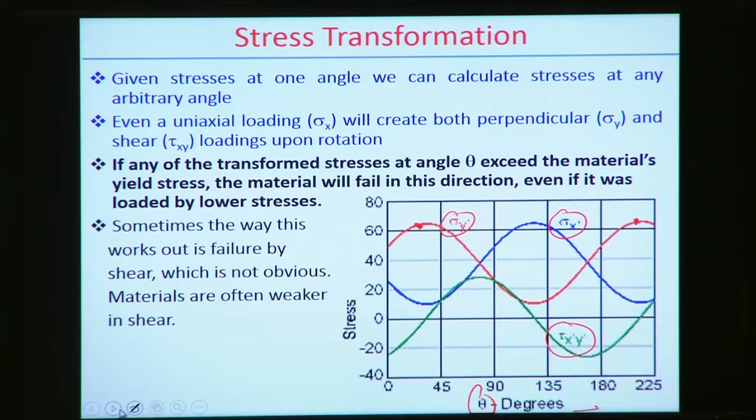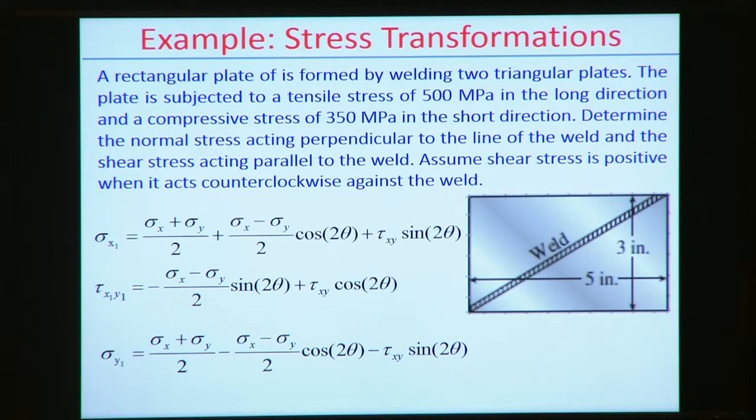So it is also important to know that with this variation there must exist some certain maximum amount of the stresses or minimum amount of the stresses, and location in the sense that at what orientation all these stresses exist. That is worth investigating further, looking into this variation of the stresses with one specific angular form. But before that, we look into an example of the stress transformation, which is practically necessary when you try to analyze some problem.